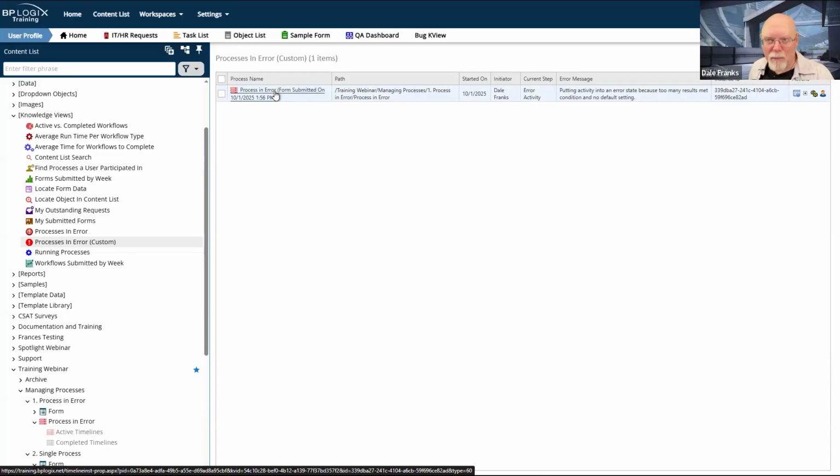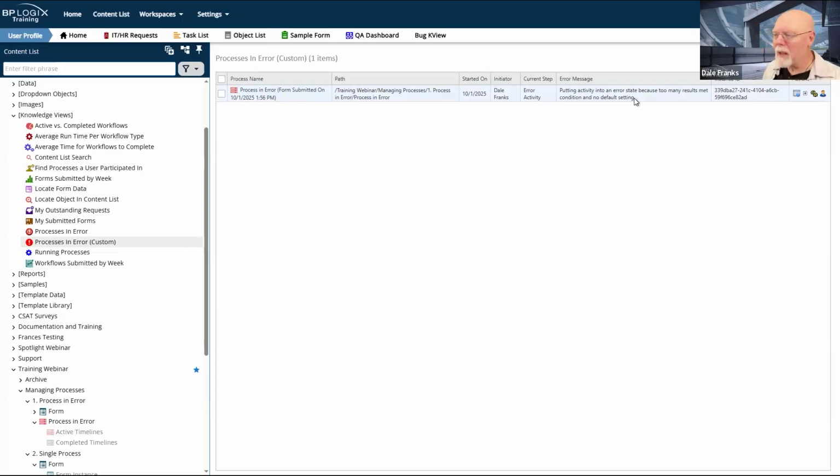Actually, there are probably two common errors, although I think they're going to have the same error message. So something is happening that wants to complete my activity, but I don't have a default result set.